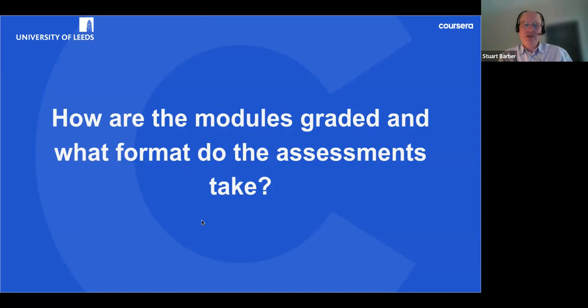But usually the approach that we're taking is to have a mid-module assessment in around about the third week, which will be a relatively short piece of work on the topics that you've covered up to that point, and then a more substantive piece of work to do in week 7, looking back over the entire module and looking at what's been covered throughout that.